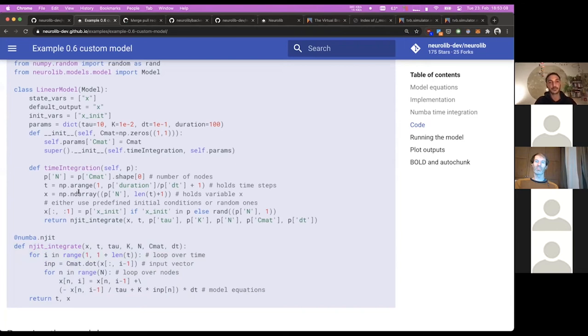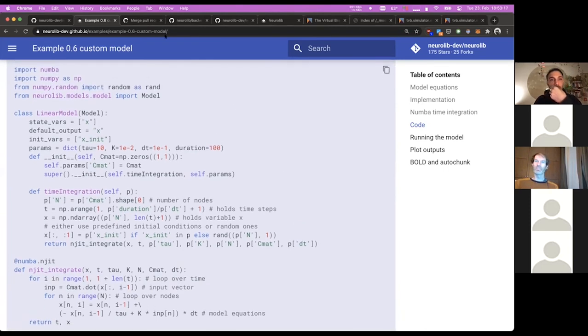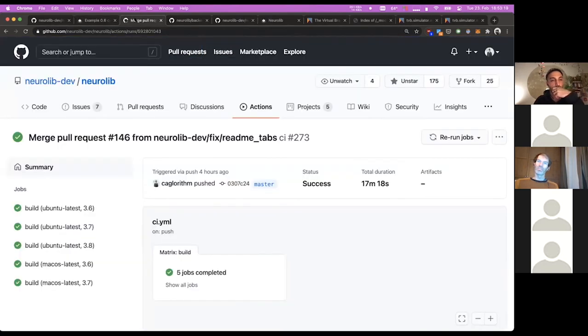So this is basically it, how you would implement a model. Are there any questions about this part? Okay, so